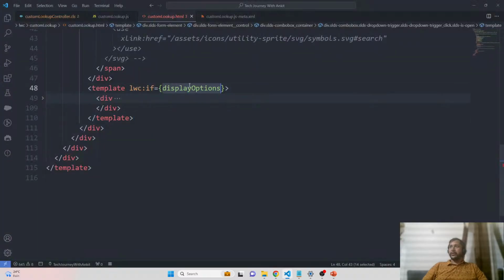So that's what I am doing. I am displaying these options whenever the user is searching. As soon as the user has selected the value, I am making this value false, and I am hiding all the options from there. Now the next thing that I have to do here is, I have to go and